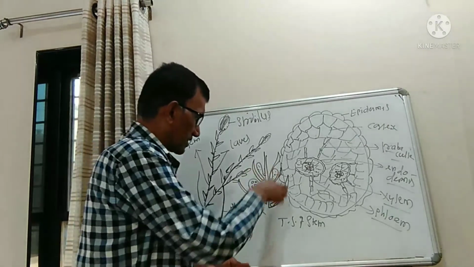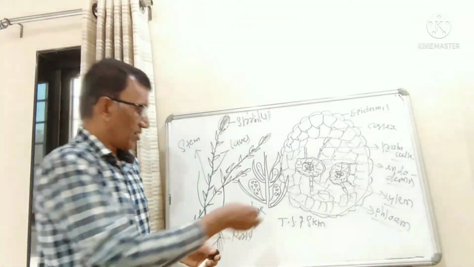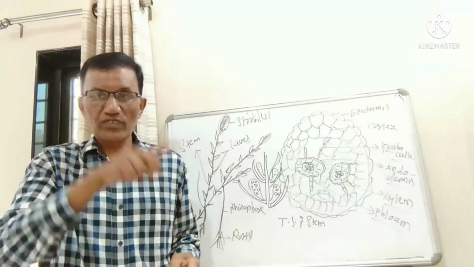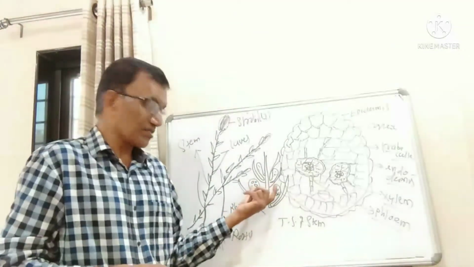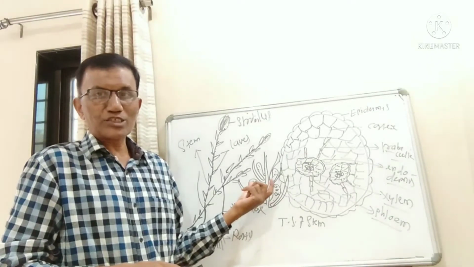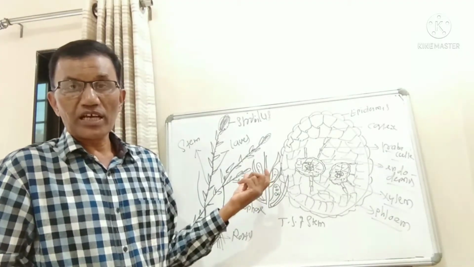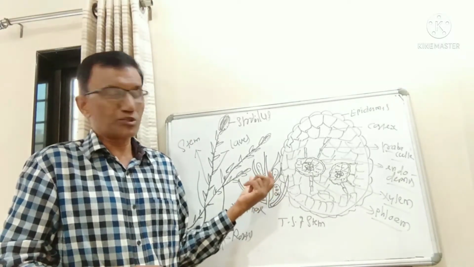So this is the central axis. On both sides there is a presence of sporophylls, and on the inner side, at the base of the sporophylls, there are rounded structures. Those rounded structures are nothing but sporangia, which contain spore mother cells, and these spore mother cells are responsible for the production of round, non-flagellated bodies. They are nothing but haploid spores.